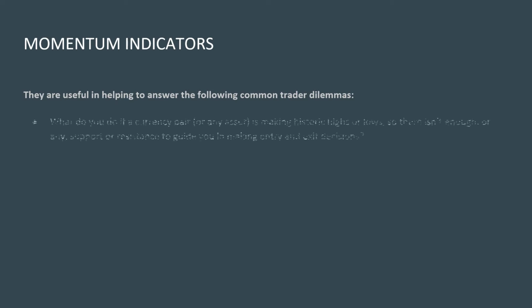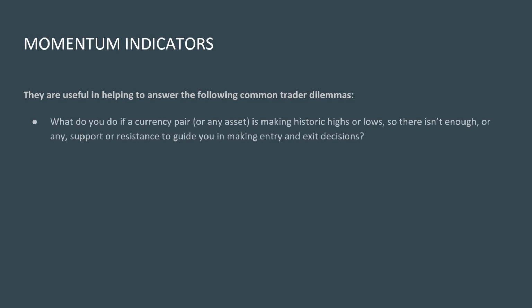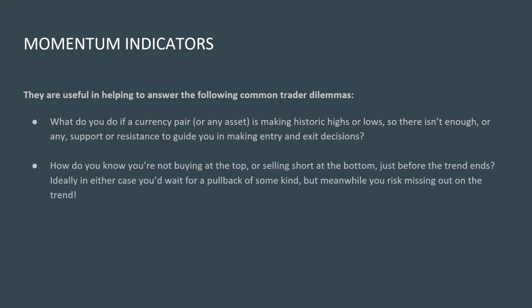What do you do if a currency pair, or any asset, is making historic highs or lows, so there isn't enough, or any, support or resistance to guide you in making entry and exit decisions? How do you know you're not buying at the top, or selling short at the bottom, just before the trend ends? Ideally in either case you'd wait for a pullback of some kind, but meanwhile you risk missing out on